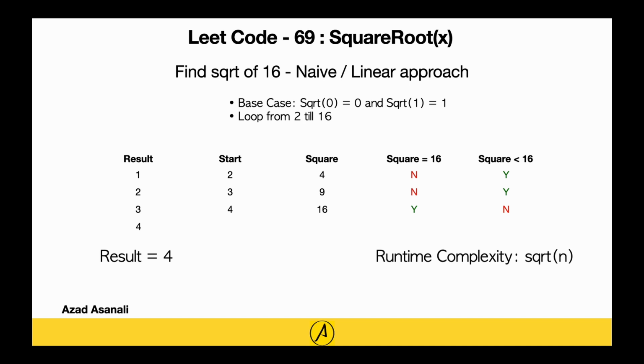Okay, this will work for very small inputs. What if we want to find the square root of 64? We need to go through from 2 to 8, which is about 7 iterations. Not so much. What if we want to find the square root of 625? We have to go through from 2 to 25, which is about 24 iterations. It starts to build up the complexity. Can we do better? Yes, we can,